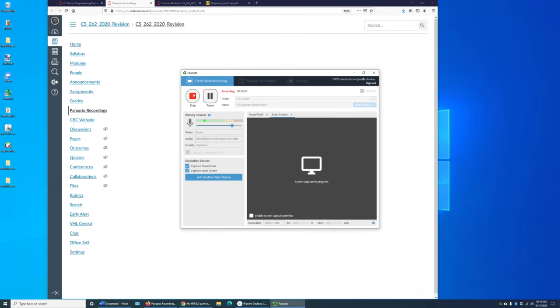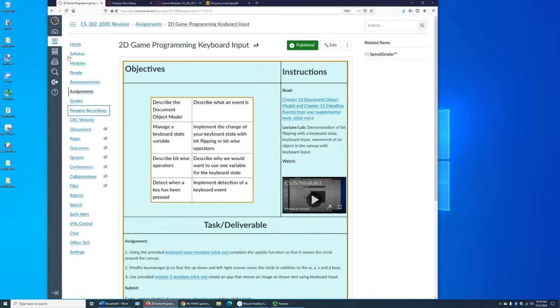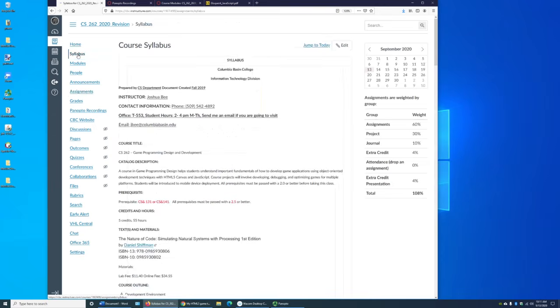This is for my virtual campus grant for Quality Matters Standards 1 and 2. I applied it to my CS 262 game programming course. A few things about this course that I've been having a problem with: finding a good book. Authors can be good, but they don't make good game programming authors. In fact, there is no such thing as a good game programming author.